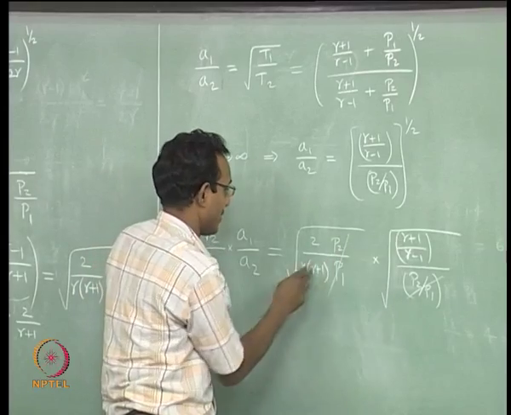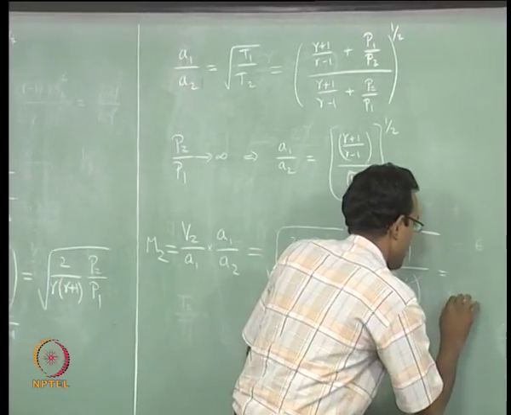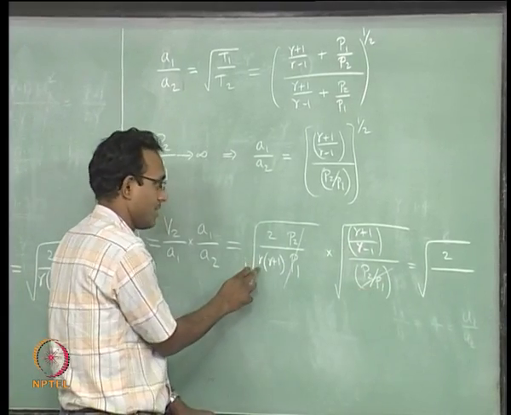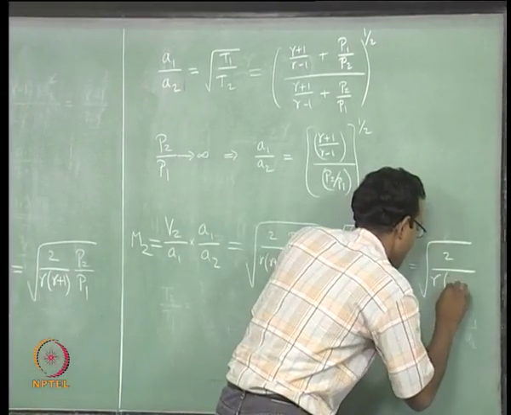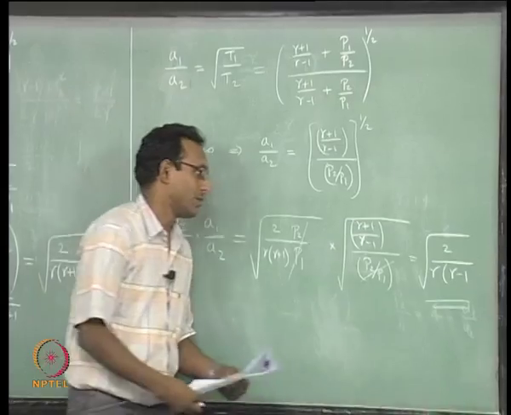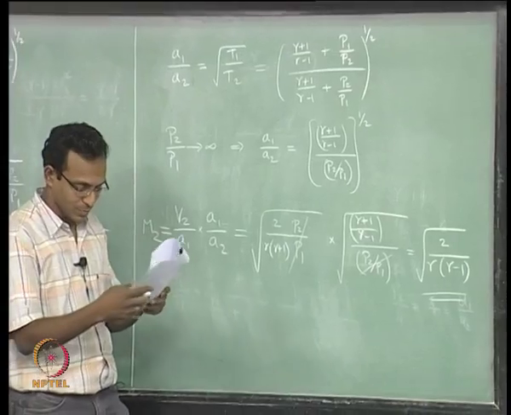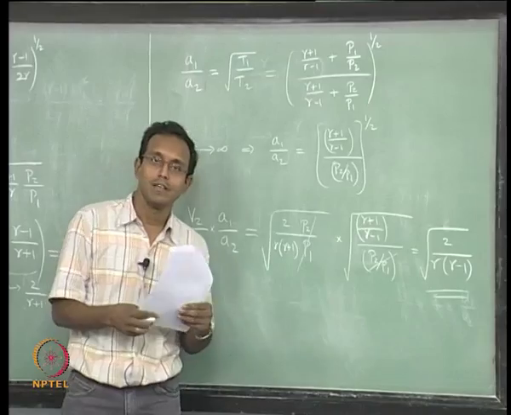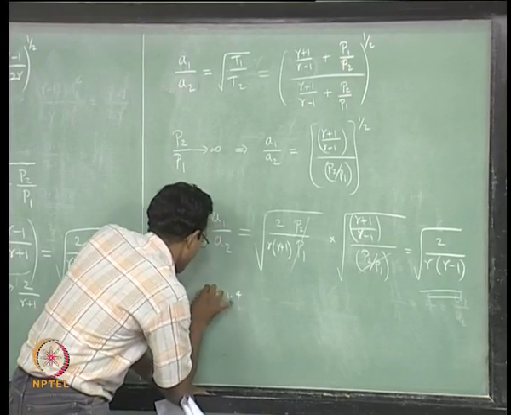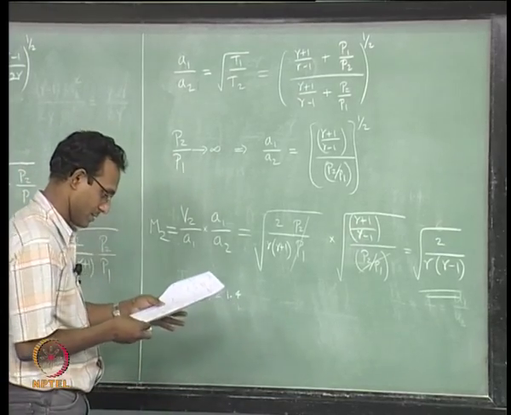Inside the square root there is gamma plus 1 which I can cancel. So, it will come down to square root of 2 by this gamma minus 1 will go to the denominator, there is a gamma already in the denominator. This is the expression you will get finally, oh I have to put a close bracket, that is square root of 2 by gamma times gamma minus 1. If I say my gamma is 1.4, if I say I am having air kind of gas, diatomic molecules, then